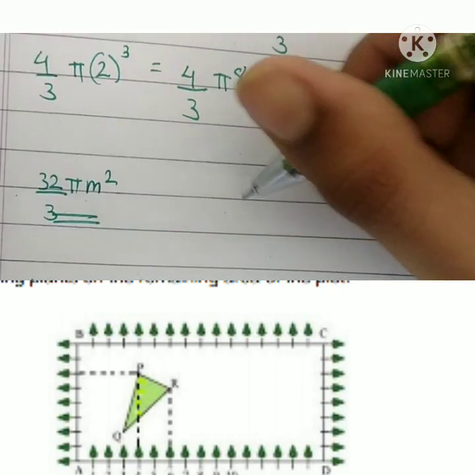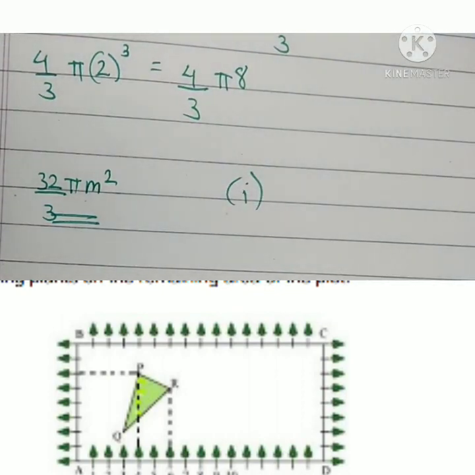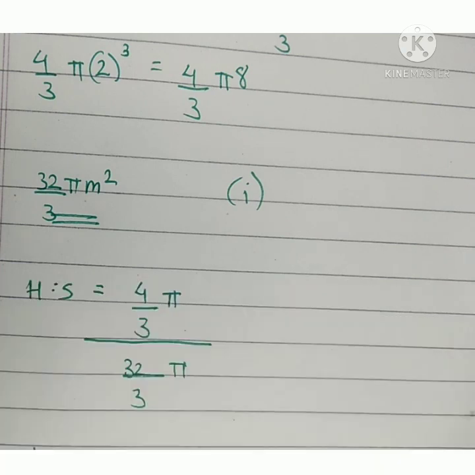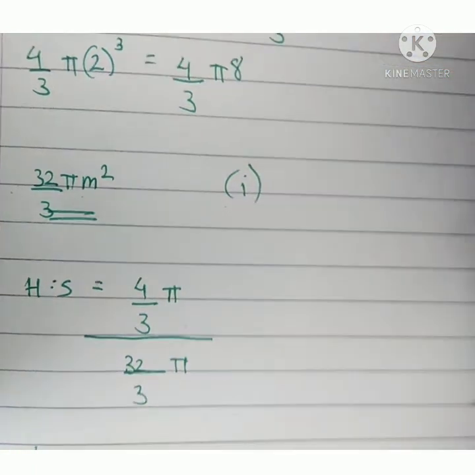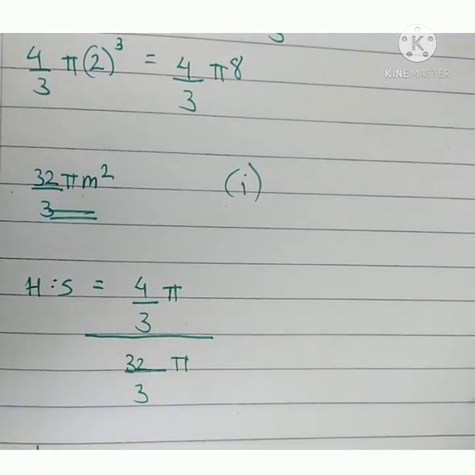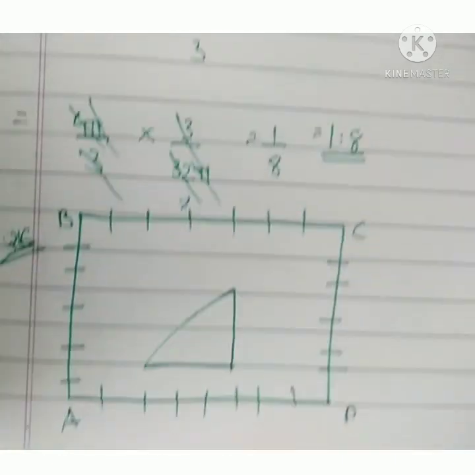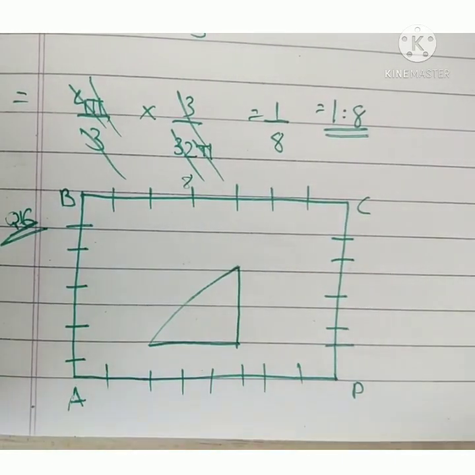Question number 1 says, considering A as origin, what are the coordinates of point A? Okay, so this is a problem from the chapter coordinate geometry. Let's see how you will be able to solve this problem. See, this is very simple. It is saying that if we consider A as the origin, because if you consider this as a graph like this